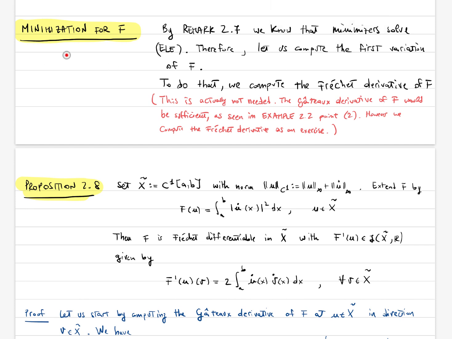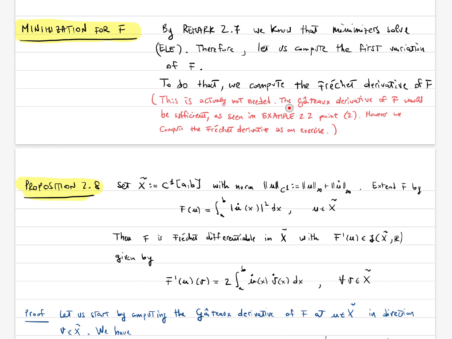Okay, let's start with minimizing the functional F. By remark 2.7, we know that minimizers of F will solve the Euler-Lagrange equation, and the Euler-Lagrange equation is just the equation obtained by setting the first variation to 0. So the idea is to first compute the first variation of the functional F, and to do that we compute the Frechet derivative. I want to point out that this is not actually needed, because as we saw in example 2.2, point 2,